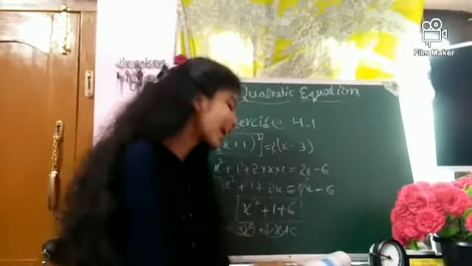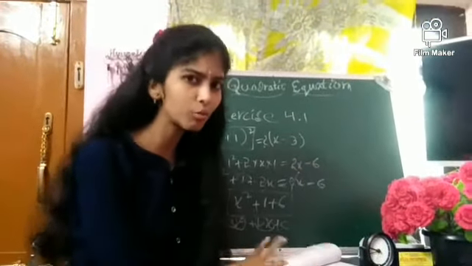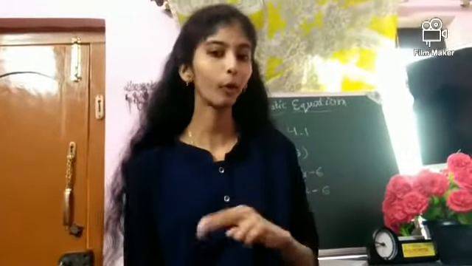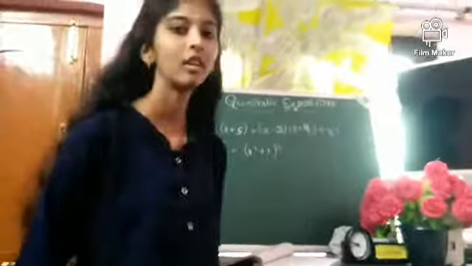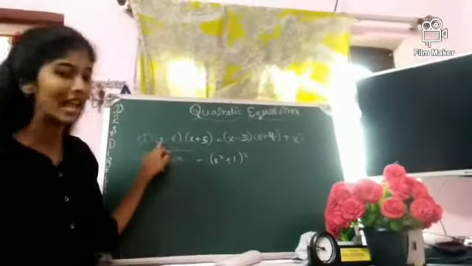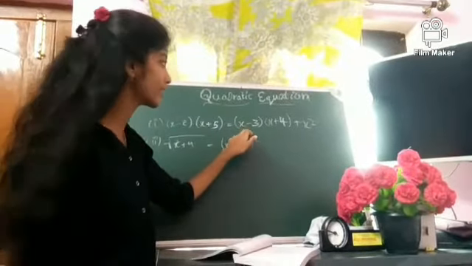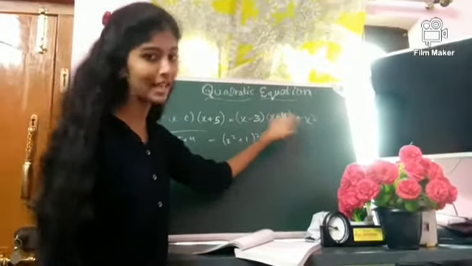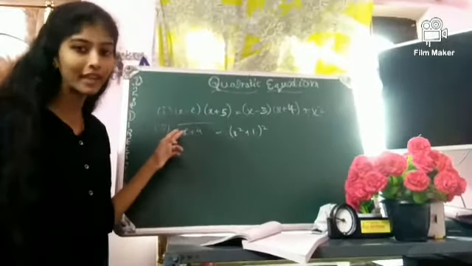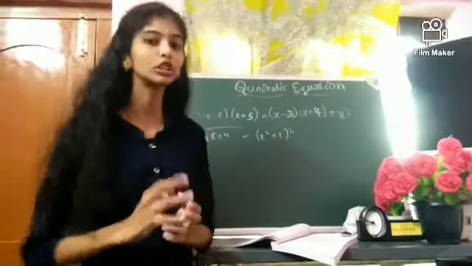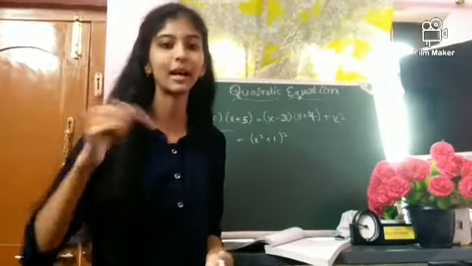Now, you can solve the remaining problems, I think. So, let's move to further topics. I will give you two problems related to this. If you got the answer, write it in the comments. These are the two problems: (x − 2)(x + 5) = (x − 3)(x + 4) + 1, and the second one is (√(x² + 4))(x² + 1) whole square. So these are the problems. If you got the correct answer, then comment it.